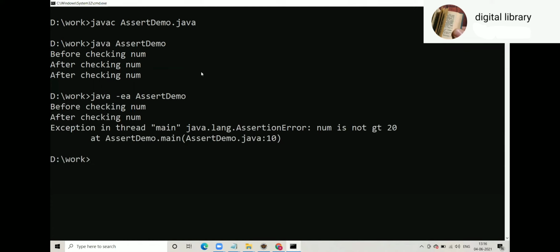Java.lang.AssertionError: num is not greater than 20. Whatever message we have given. So assertion error. It is highly recommended not to handle this error, even though syntactically you can handle it, because we come to know what the problem in our code is.